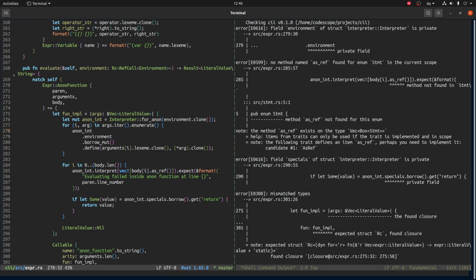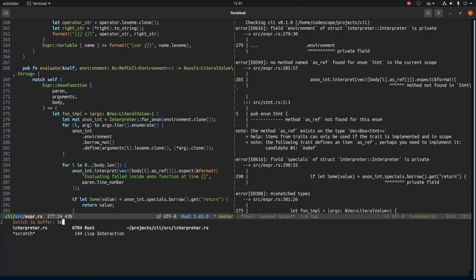Maybe we don't. No, we need to. I wonder if we could just take this interpreter and then we can do this copy pasting, or maybe we can make this anonymous interpreter, make a function declaration. I think this is clearer. So what I'm just gonna do is